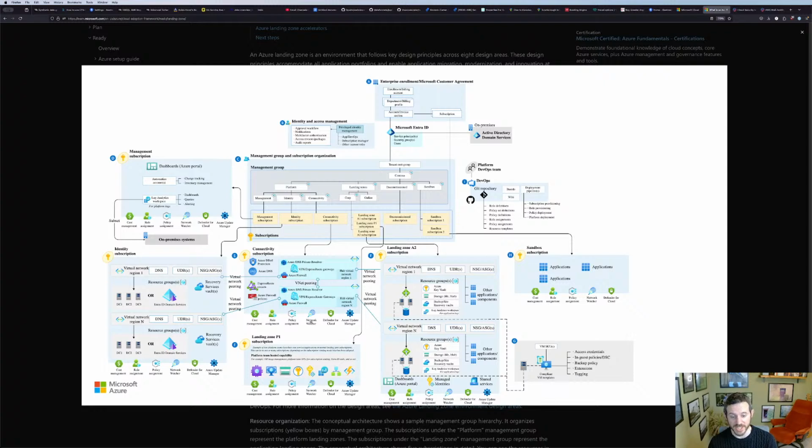And then you get really into the landing zones, which, depending on what you want to do, will look vastly different. You've got a landing zone at the bottom down here labeled F, which has a lot of virtual machines, function apps, that type of stuff in it.